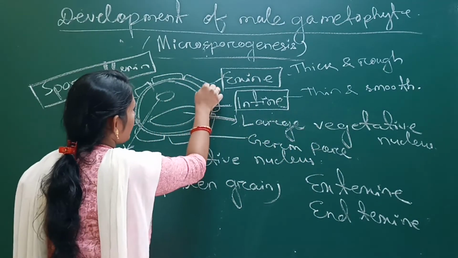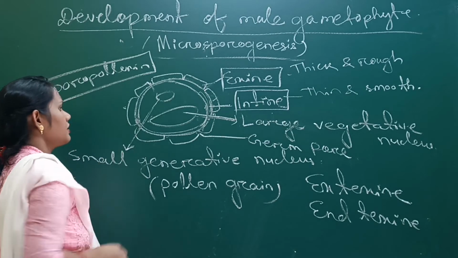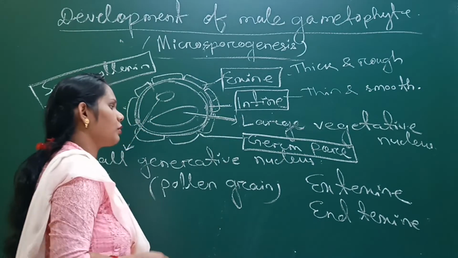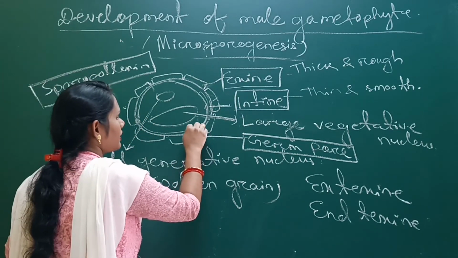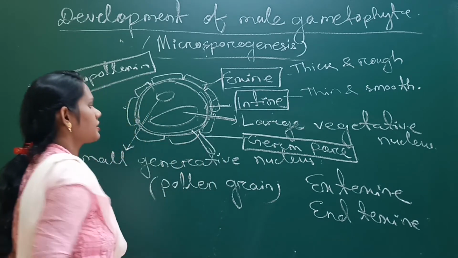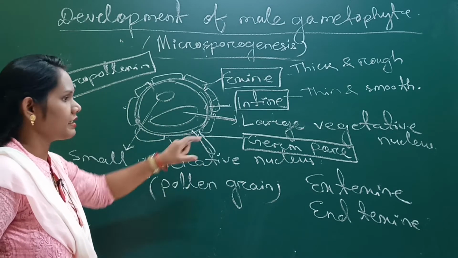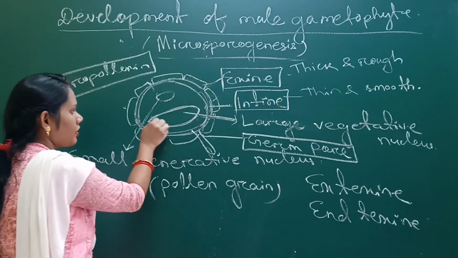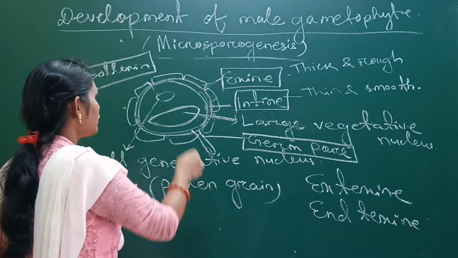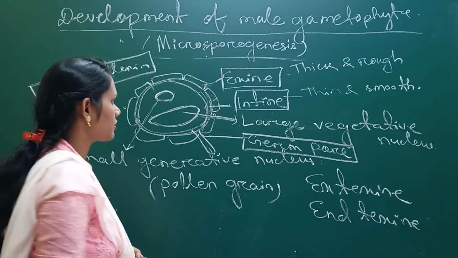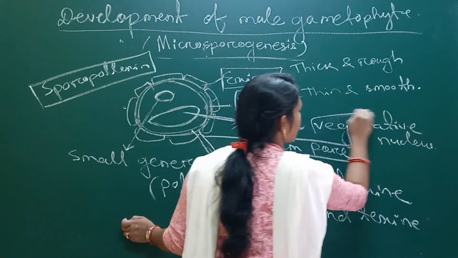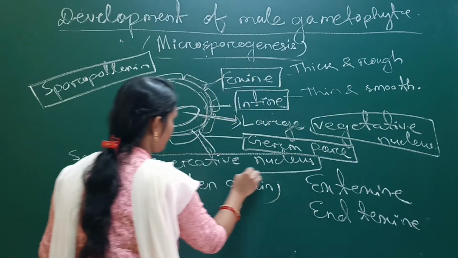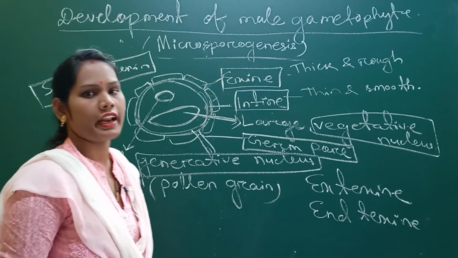Here you can see there are some gaps in the exine layer, and these gaps are called germ pores. Through the germ pore the pollen grain develops a tube, the pollen tube, through which the male gametophytes are discharged into the ovule. The haploid nucleus of the pollen grain divides mitotically to form 2 unequal sized nuclei: a large nucleus called the vegetative nucleus, and a small nucleus called the generative nucleus. So this is all about a pollen grain.